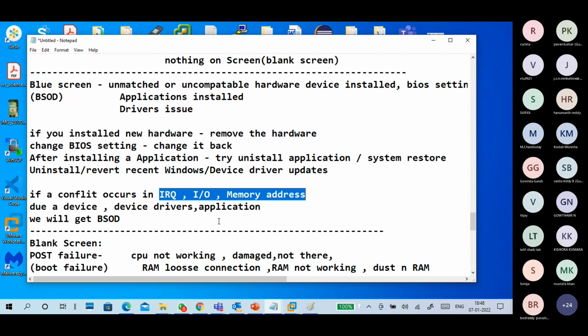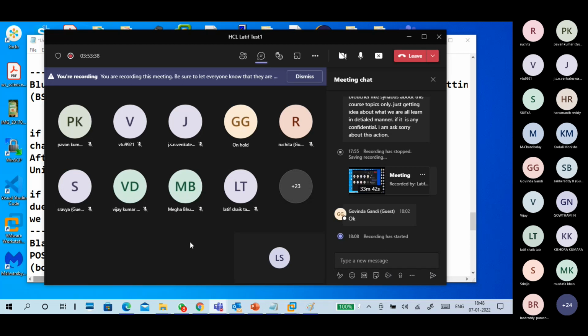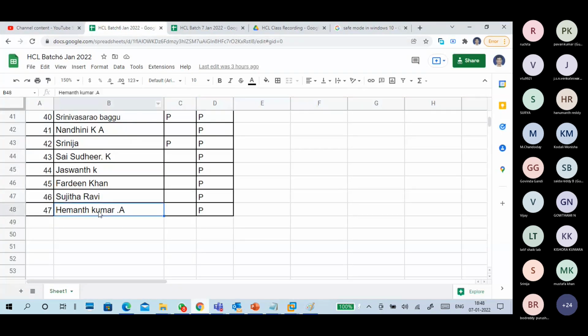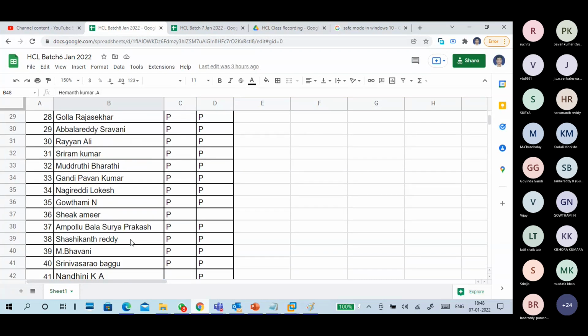It got a conflict. Conflict means, is anybody having the same names? Like a Pawan is there. If another Pawan is there, and I say Pawan is asking this question, I put present, yeah, very good. We have conflict people also. In the attendance sheet we have conflict people. Like Hemant Kumar A, Hemant Kumar R is also there.